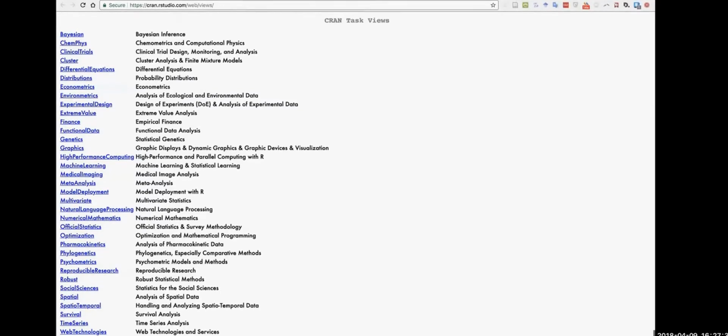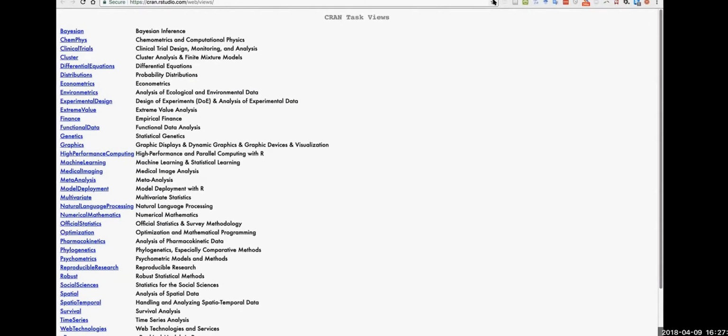There it is. This is my web browser. You'll see here, CRAN task views is basically a curated subset of R packages organized by particular domains or areas of research. Why is it relevant? Because if you are interested in a particular topic of study, such as, say, pharmacological analyses,